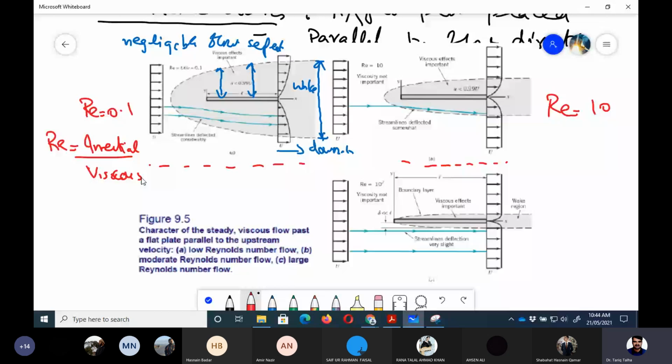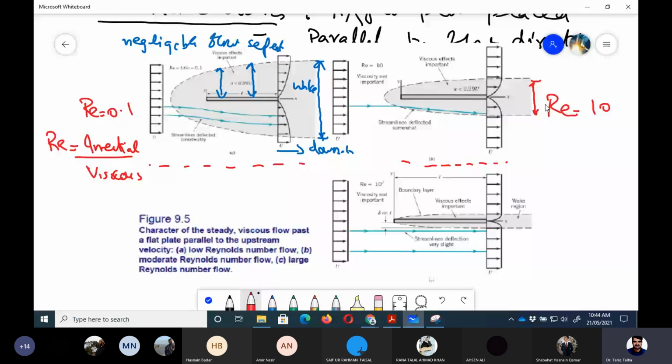So now you can see that the viscous region, which was shown by the gray area, is quite thin now. So viscous effects are going to be limited to a very small area in the vicinity of the flat plate. Then the wake region on the downstream side is also quite small,